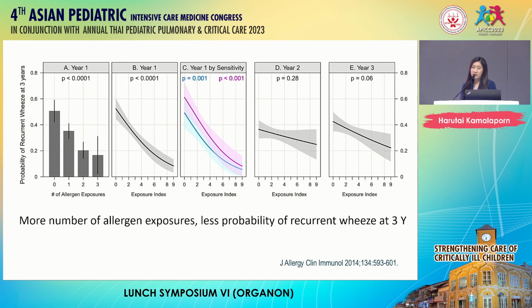The result was quite surprising. In this interesting study, a greater number of allergen exposures meant less probability of recurrent wheeze. What does that mean? Does it mean we have to be exposed to lots of allergens to become healthier, or that we should play with something dirty to get more allergen? Here is the exposure index by year 1, by sensitivity: if we have a lot more exposure, we have less